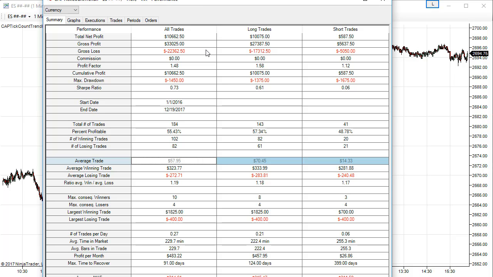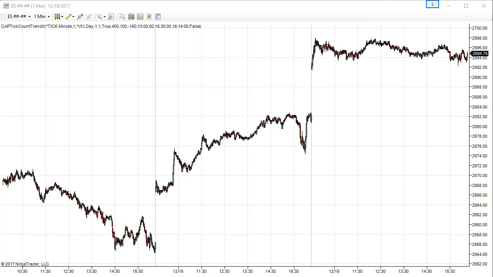And so you see the results here for Tick Count Trend 2. It's a counter trend strategy for the E-mini S&P, and this is the NinjaTrader 7 version. So next we're going to go over